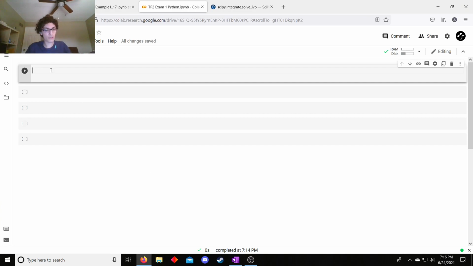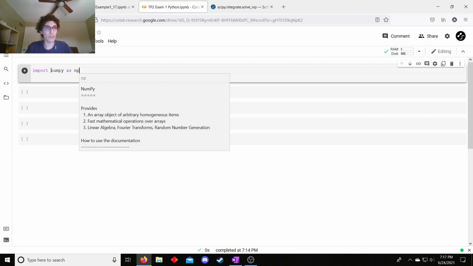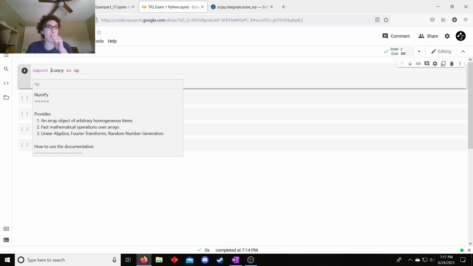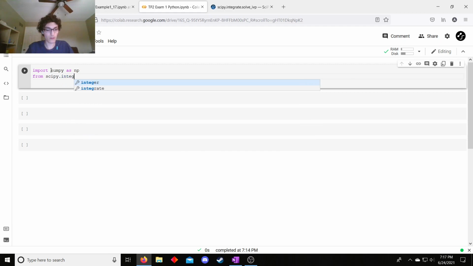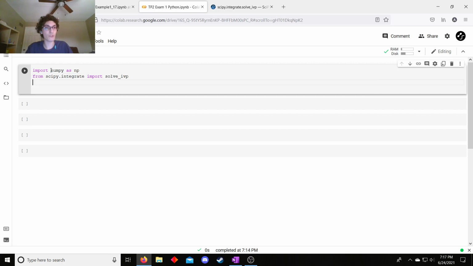Okay, so to start out this coding, I'm going to import a library of functions called numpy. I'm going to call that np because it saves a little bit of time typing. I'm going to import a few functions from SciPy, which is another library of functions. I'm going to import solve IVP, which is going to solve our initial value problem, those Stefan-Maxwell equations. And then